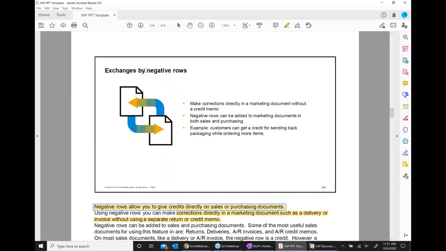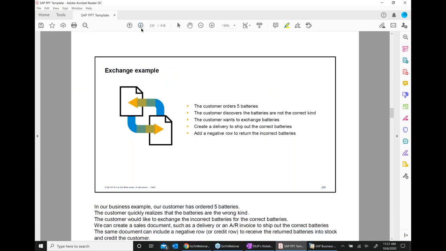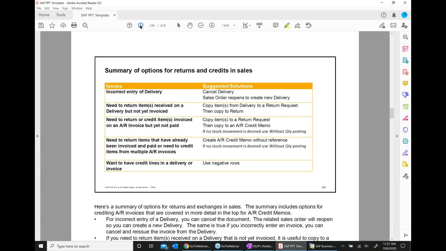Okay. So we saw how we do negative rows. These are some of the scenarios. And we did customer return request, and some different scenarios. Now, one more thing I want to do.